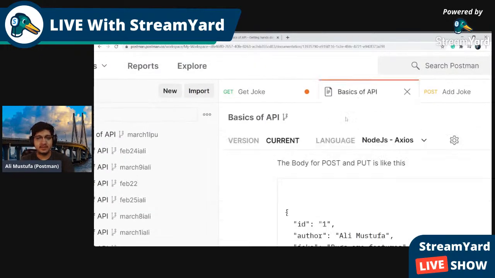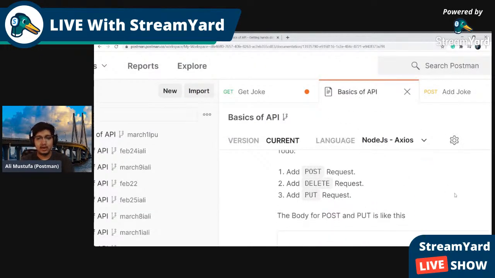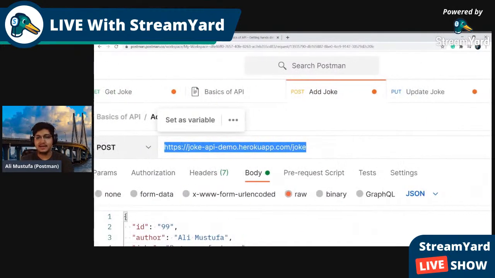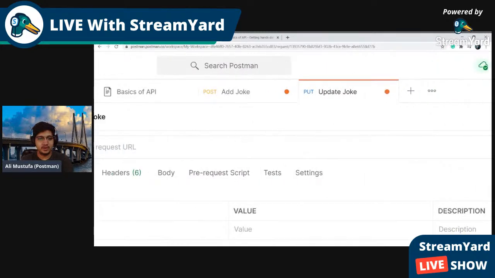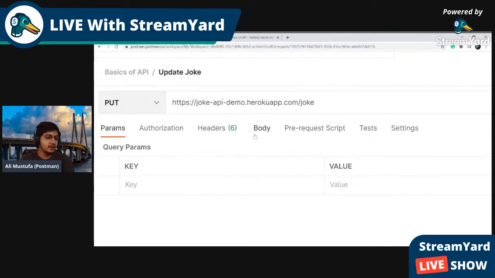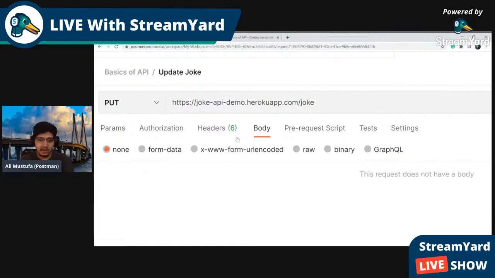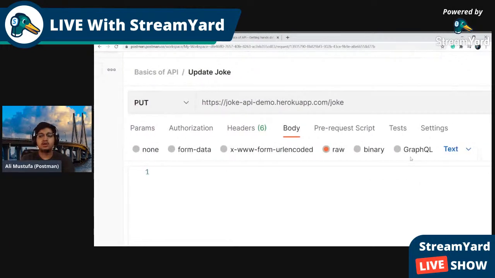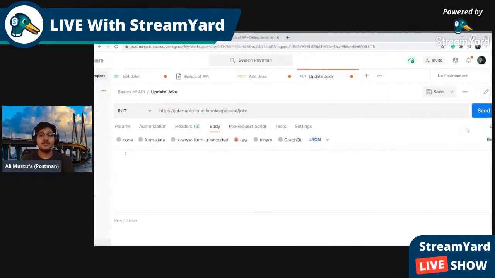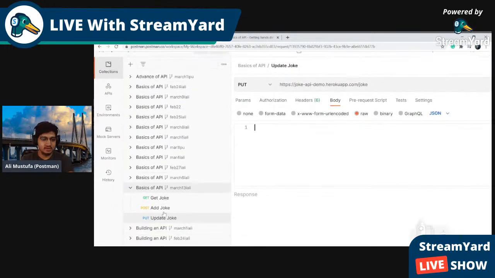Let's go back to the basics of API. You can just copy it from the post request. It is better there because it is added directly. Copy it from the post request, paste it here. Do we need a body here? Yes, we need a body. So click on body, click on raw, click on JSON. Save before moving forward. Control S, save it. And you should be able to see the put symbol like this here.